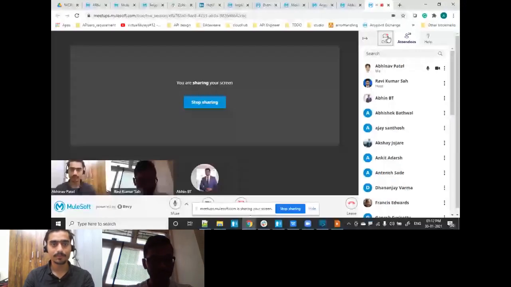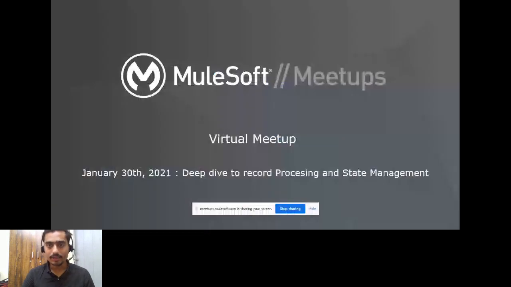Okay, so this particular session is dedicated to understanding the basic concepts that we will be utilizing while developing MuleSoft solutions, like record processing and management. In record processing, we are currently focusing on MuleSoft components such as For Each, Parallel For Each, and Batch Processing. Then we will move to state management. I'll give you insight about state management, and we will take Object Store as our basic requirement and move ahead with that. I'll show you why we require this.